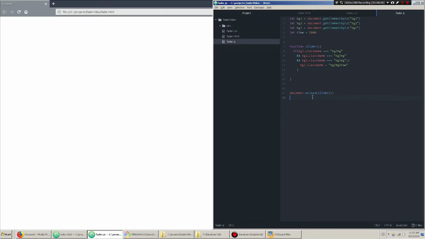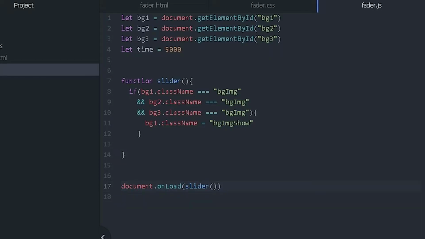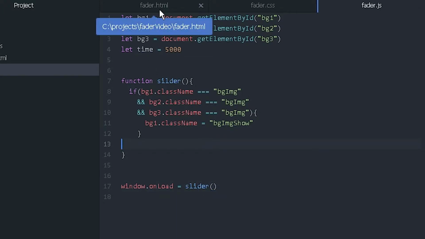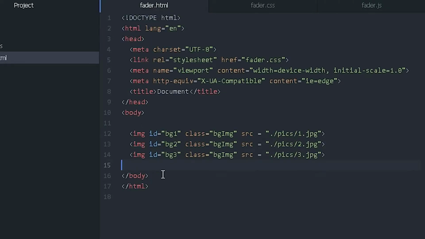I don't remember how to make that, so I'm just gonna look at the notes real quick. It's a window on load equals. Alright, it's because I didn't put the JavaScript into the document here, so let's make sure we put our script